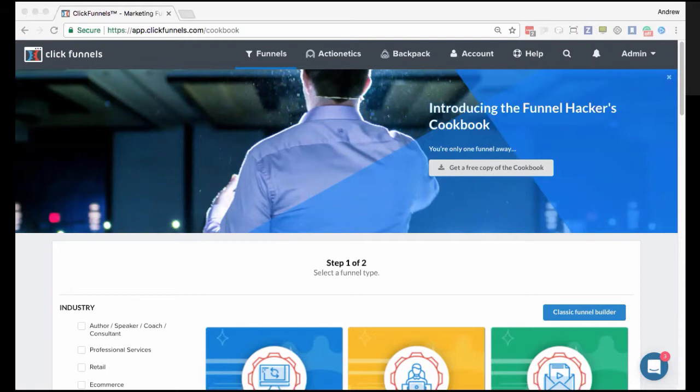Ben has a follow-up question. Is it best practice to type the same group name on all products in the funnel to group them in orders for Shipstation? As far as that goes, that's going to be a personal preference. If you are selling different products in your groups, then of course you want to group them the same. If you want them to be separated, then separating them out would be up to you.